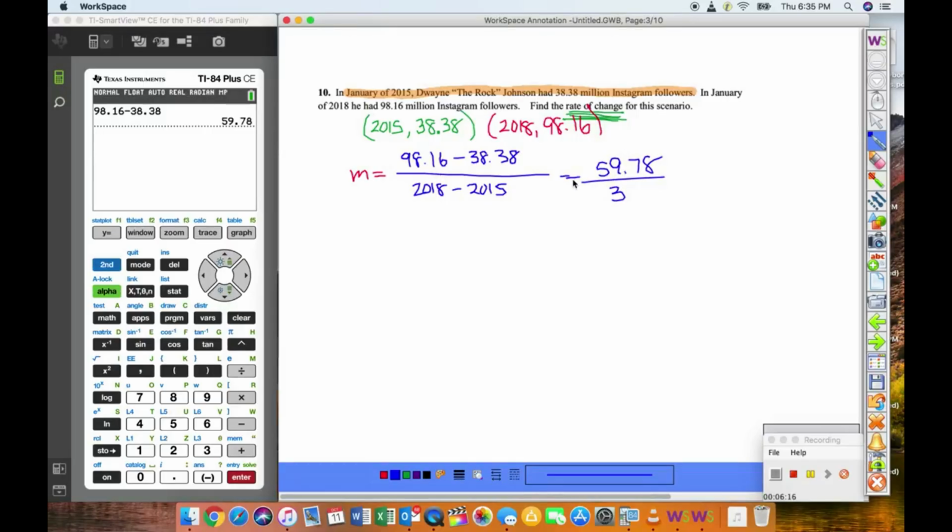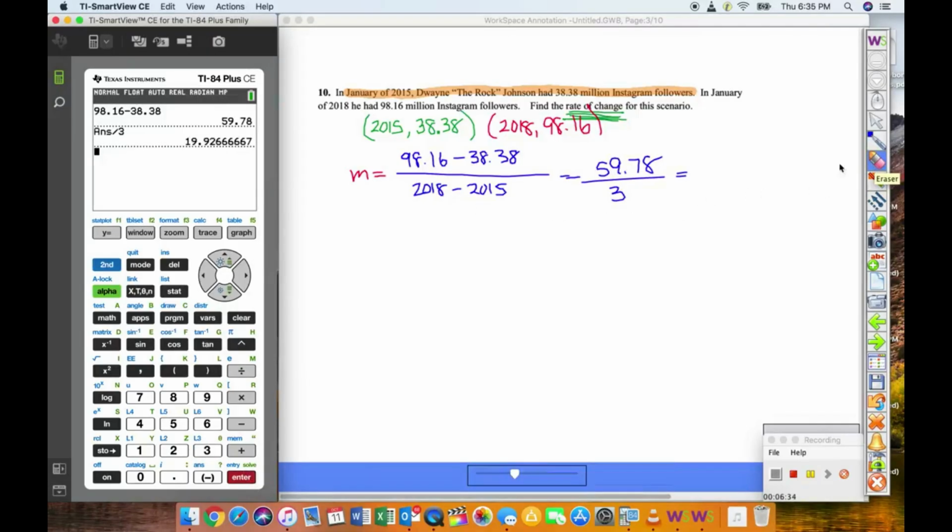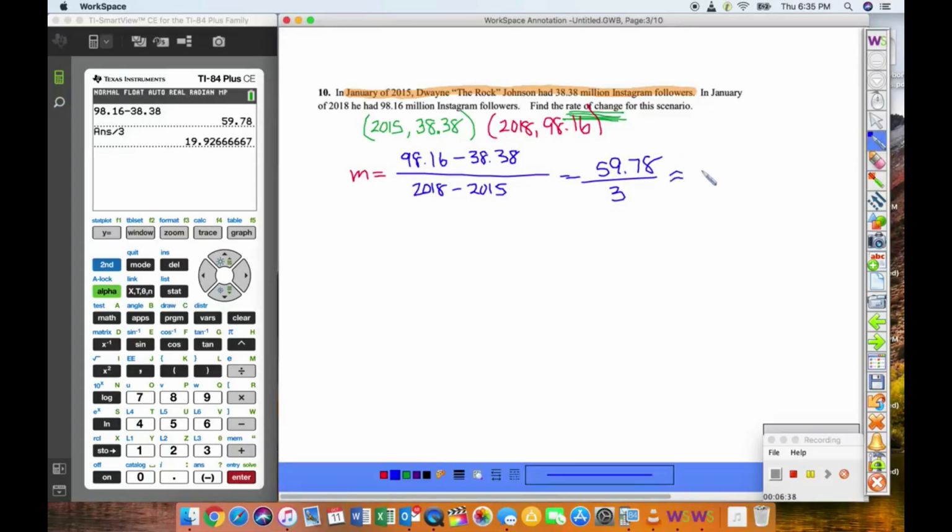So let's think about what this is saying before we finish this out. This is 59.78 million Instagram followers over a 3-year period. Well, when we do a rate, we always want it to be over 1. So we're going to divide this out and get a decimal. And I guess that's approximate, so we'll say approximately 19.93. Since they were using 2 decimal places, we'll do that. Million